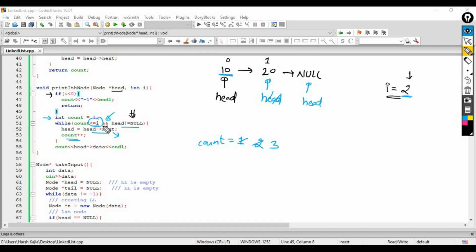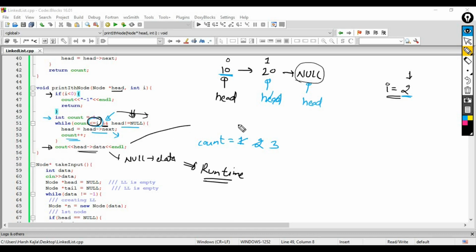This is the property of AND, that if the first condition is false, you do not need to check the rest. So I will reach this line, head arrow data. Head is basically null, so we are writing null arrow data, and that's why we get the runtime error.